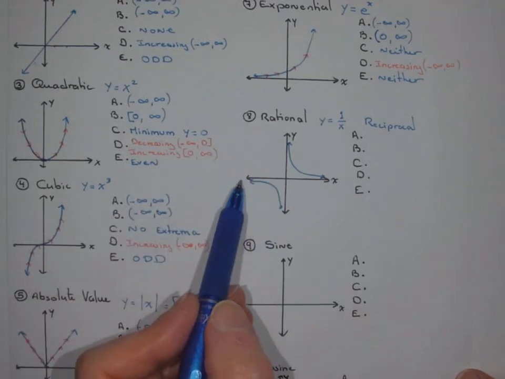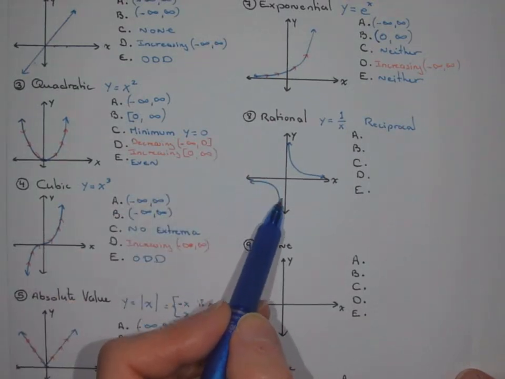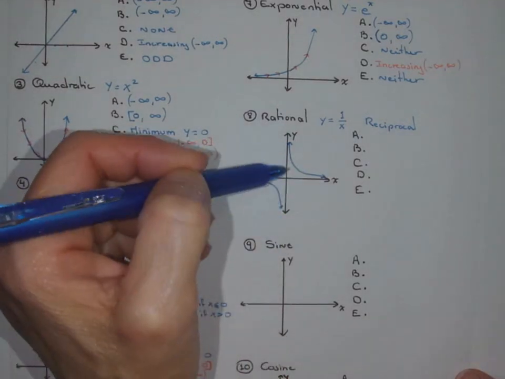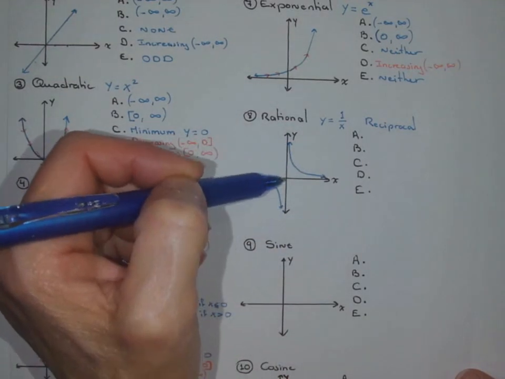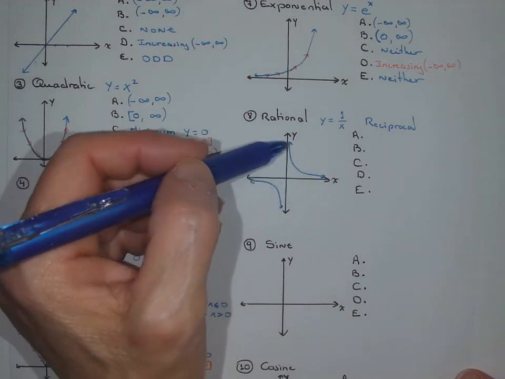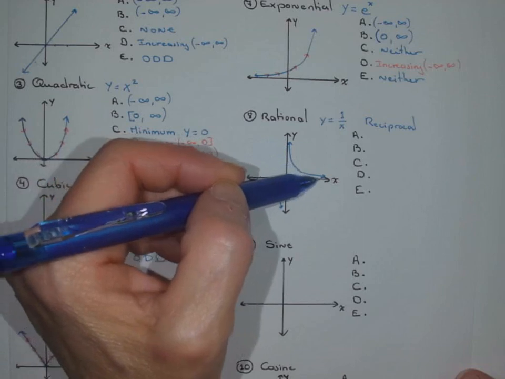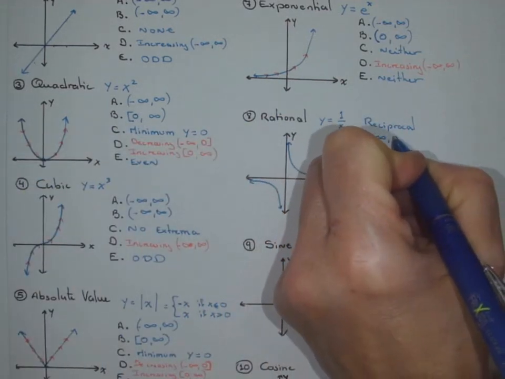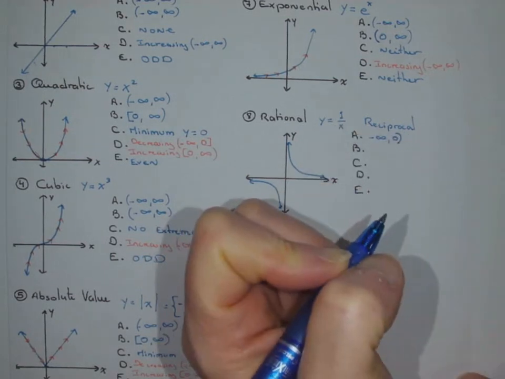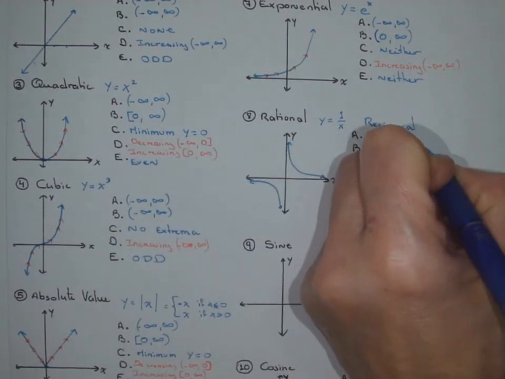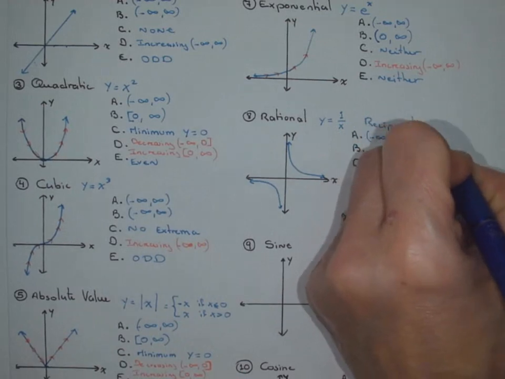So the domain will be from negative infinity all the way toward 0, but not including 0, because we are not going to touch the y-axis. So x equals 0 is not part of our domain. We're going to jump over to the other side and start again all the way to infinity. So the domain will be from negative infinity to 0, but not touch 0. So we put a parenthesis there as opposed to a bracket,